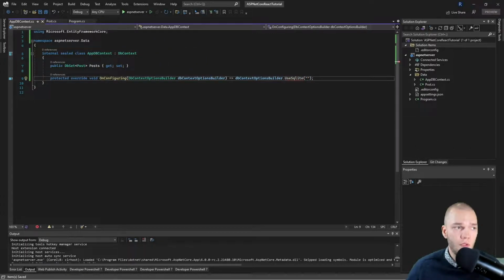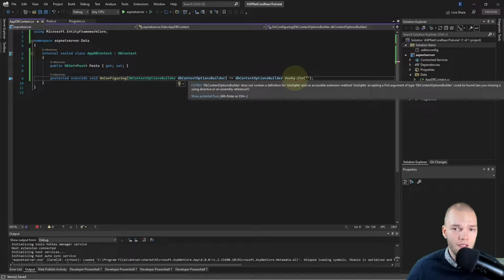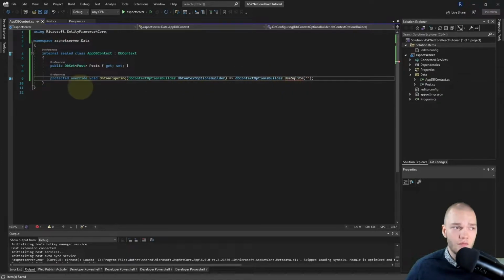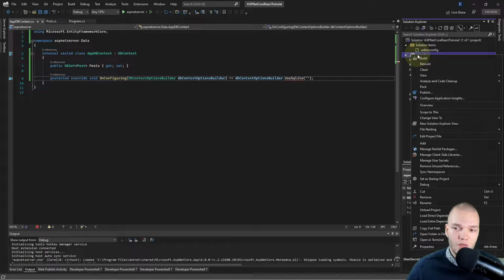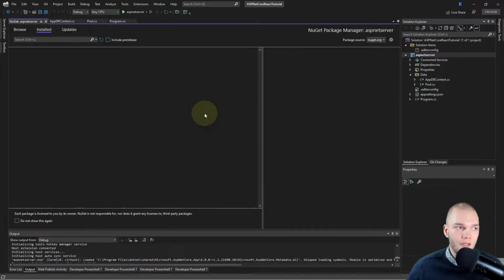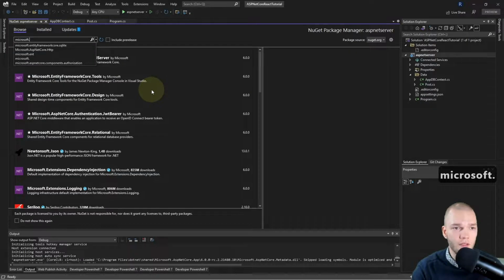And Visual Studio doesn't know what this UseSqlite is yet, because we need another NuGet package for that. And for this one we can't directly install it from the code editor. So I'll just right click the server project, Manage NuGet Packages, and I'll browse and search for Microsoft.